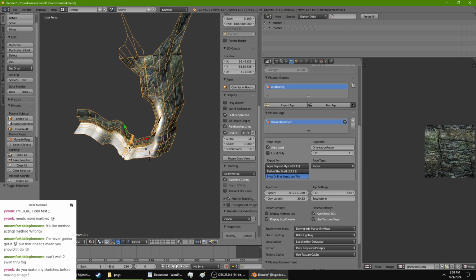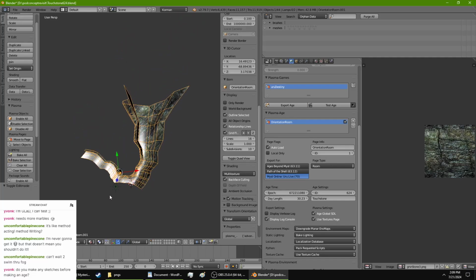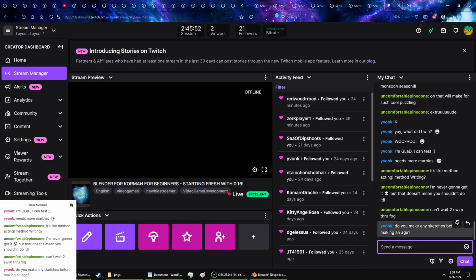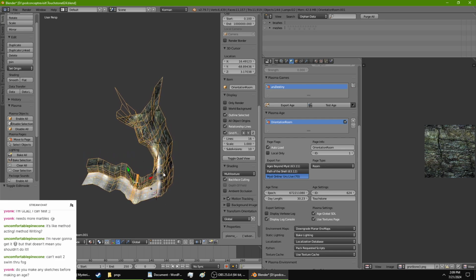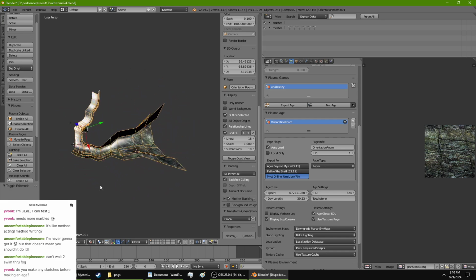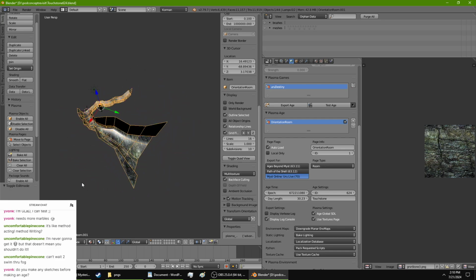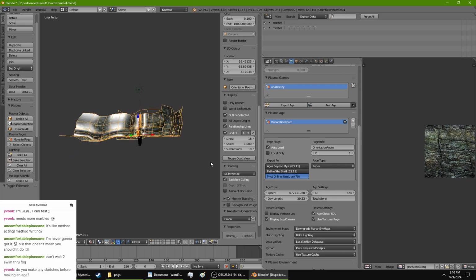Give a slight overhead view of this age so far. Any guessers? Any takers? Do I make any sketches before making an age? Sometimes I do. In this case, I am drawing specifically from my memory of a place, so I don't really need to have a sketch of it. Since I have a vague image of what it's supposed to look like in my head, as I am modeling and creating it,